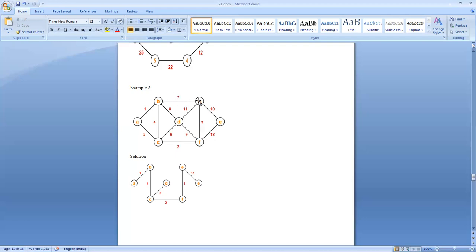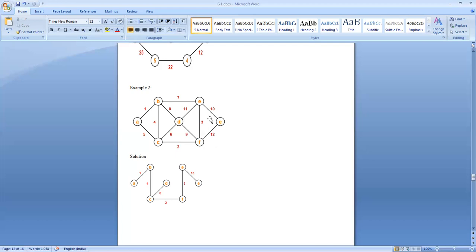But when we put this one here, we will get a cycle. That is not allowed. So the edge with weight value of 7 between B and E should not be selected, though this 7 is less than this 10.